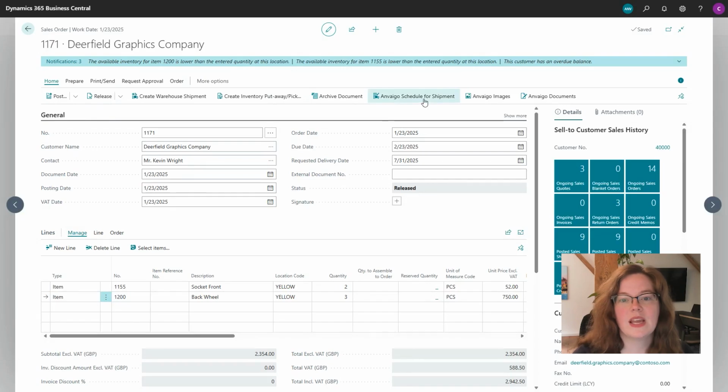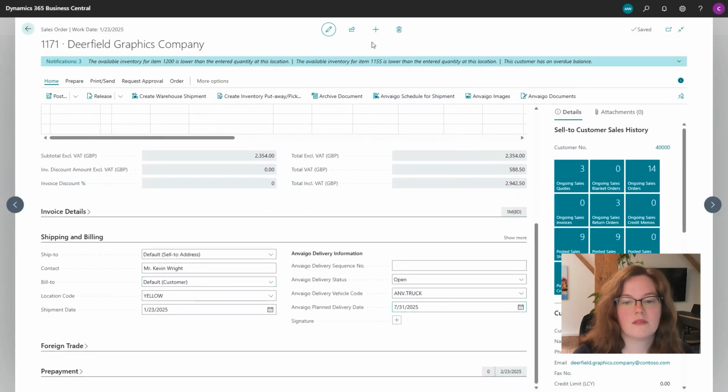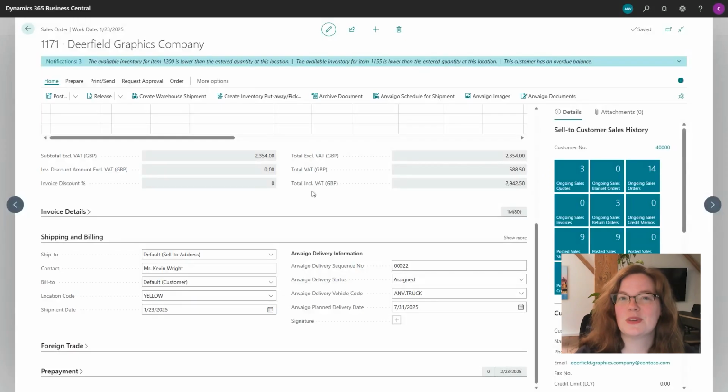And what I'm going to do right away is I'm going to schedule this for shipment. So I want to make sure that we're keeping an eye on all my information as soon as I schedule. That will assign that specifically to my delivery truck and give it a delivery order sequence. In the background, this is also going to send a push notification to my driver, and he'll see that on his mobile app. So he knows exactly, hey, I have a new delivery that I have to hand over today.